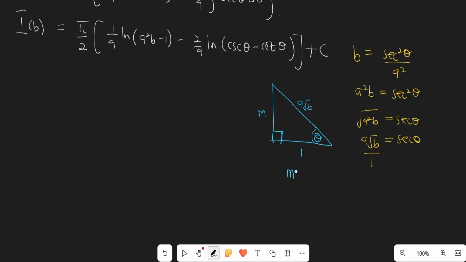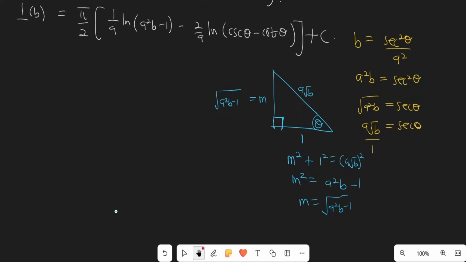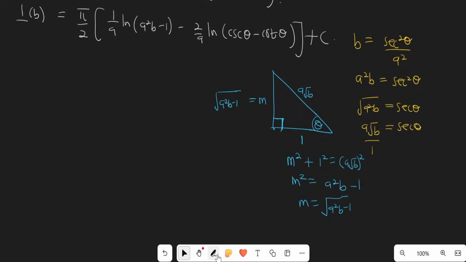So using the Pythagoras theorem, m squared plus 1 squared is equal to the square of the hypotenuse, right? So this is the Pythagoras theorem. So m squared is equal to a squared b minus 1. So that means that m is equal to the square root of a squared b minus 1, like this. So now that we have this, we can now find sine of theta, cosecant of theta and cotangent of theta,